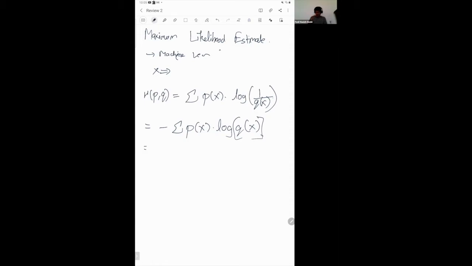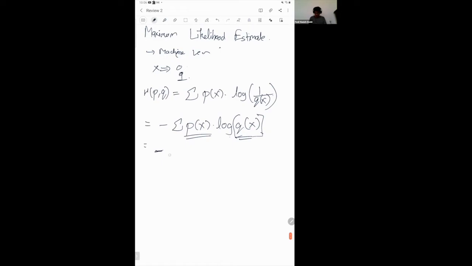P of X is my true distribution, and Q of X is what I'm estimating. It's basically a binomial distribution: X can be either 0 or 1. This would then become negative of